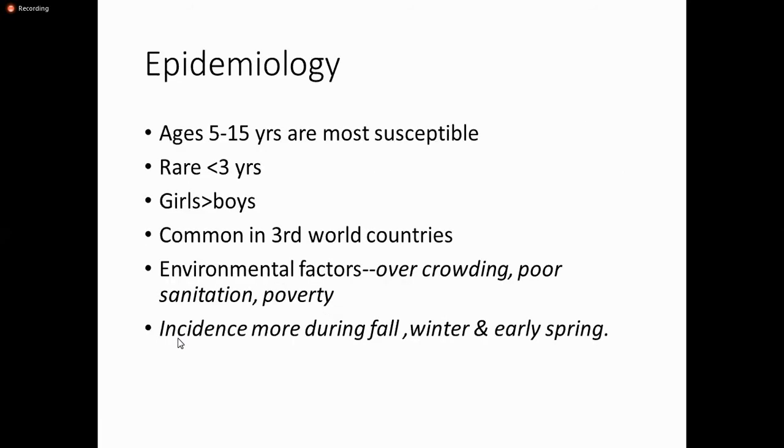So epidemiologically, if we are observing the epidemiological survey, rheumatic fever occurs between 5 to 15 years of age, mostly in susceptible patients who have previously been diagnosed with pharyngitis and skin infection. The case is very rare in children less than 3 years. Boys are more prone as compared to girls, and it is common in third world countries because there are certain environmental factors which predispose to sore throat and skin infection, that is overcrowding, poor